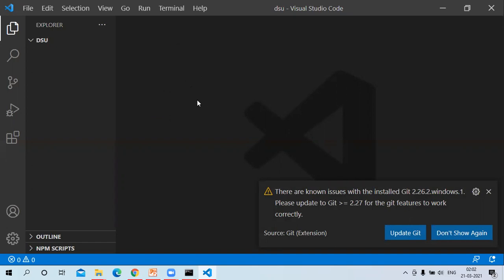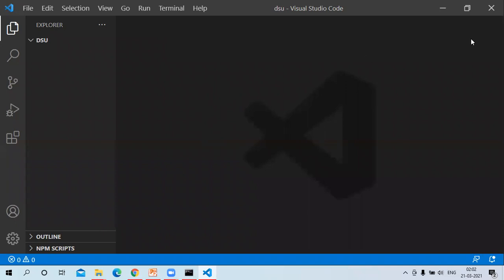So this is how to install the Visual Studio Code. So this is necessary for software development. We are going to key in our programs here. All different types of files, maybe HTML file, maybe CSS file, maybe JavaScript file. All the things are possible here.